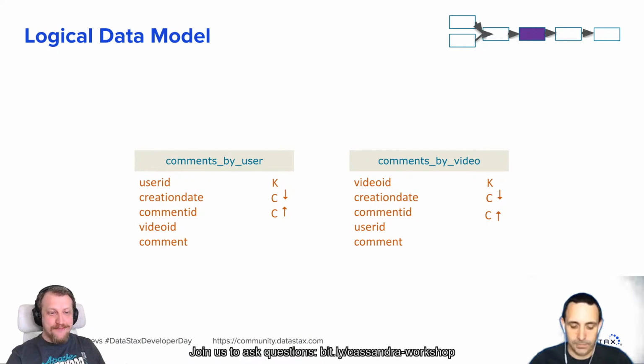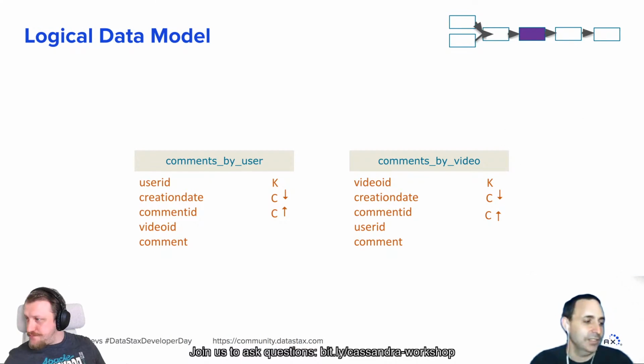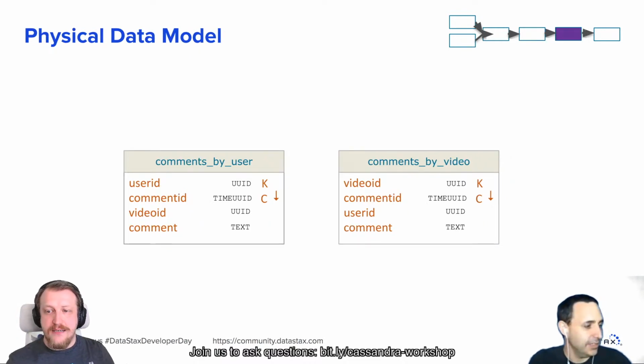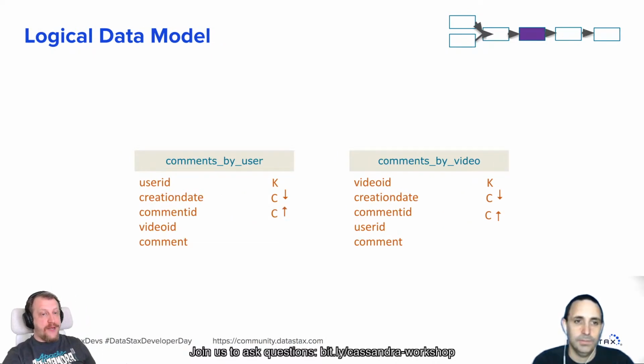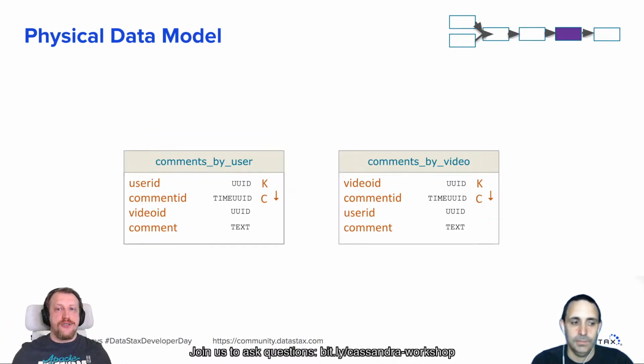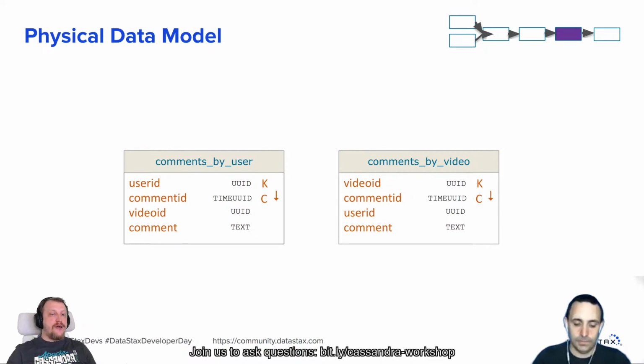Yes. Okay, let's move on from the logical data model to the physical data model. And now comes some very nice optimization improvement from the Cassandra side. For example, take a look. Before, we had creation date and comment ID as 2 single entities, as 2 different rows, and now boom, they are merged. How? Because Cassandra offers a really great column type called time UUID.